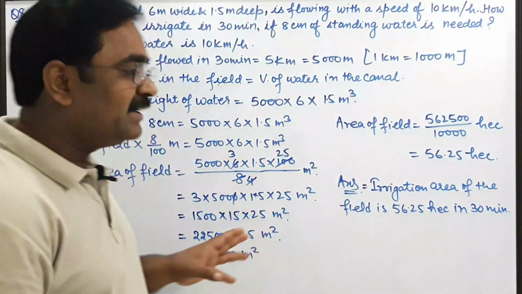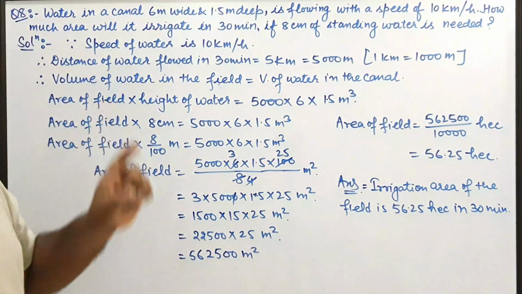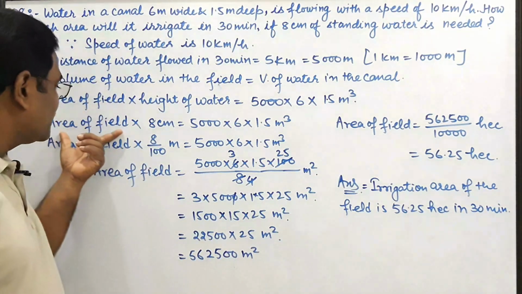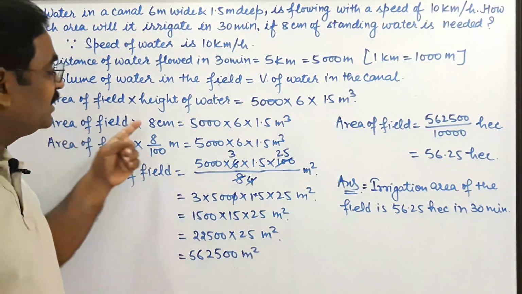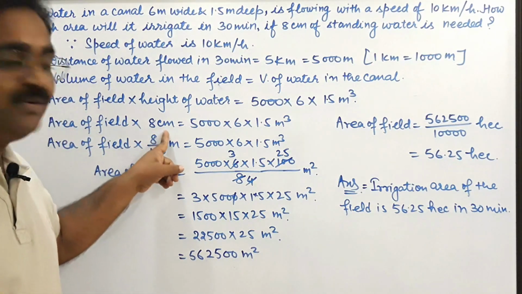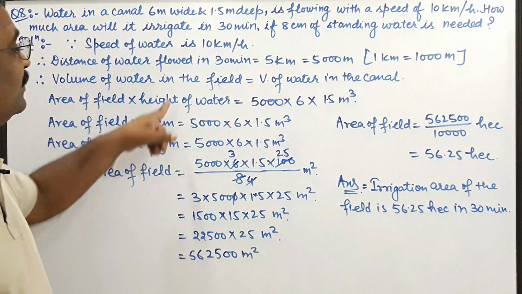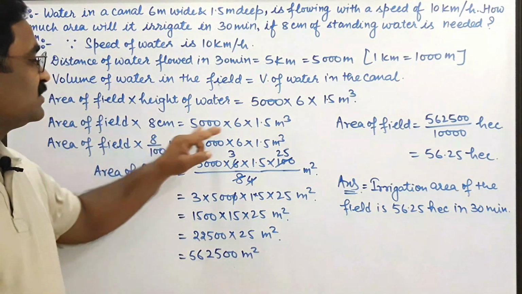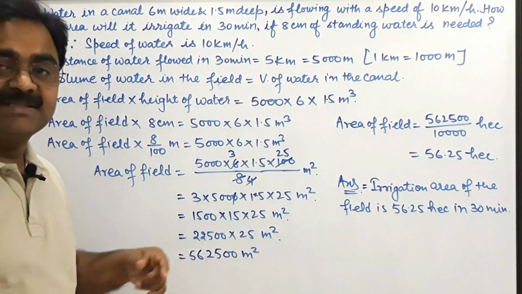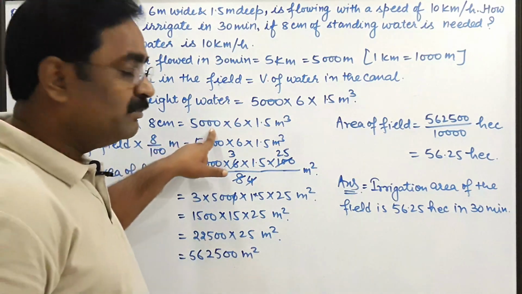Volume of water in the field is equals to length into breadth into height, and length into breadth is written as area of field multiplied by height. That is the volume of water in the field is equals to the volume of canal, that is 5,000 meter